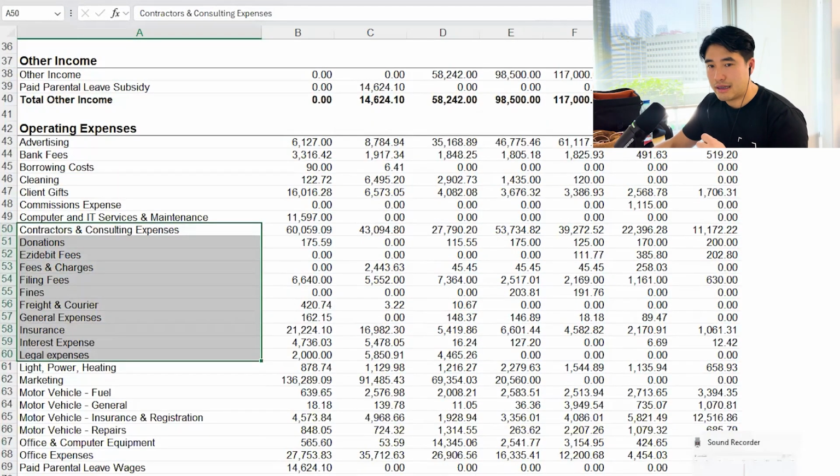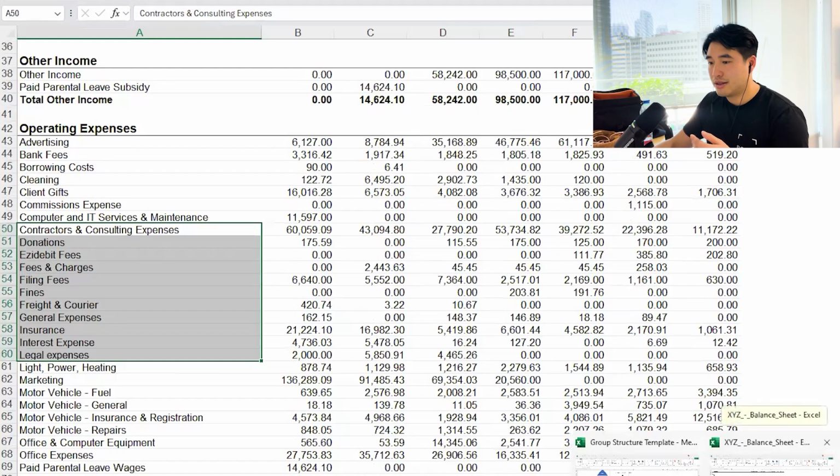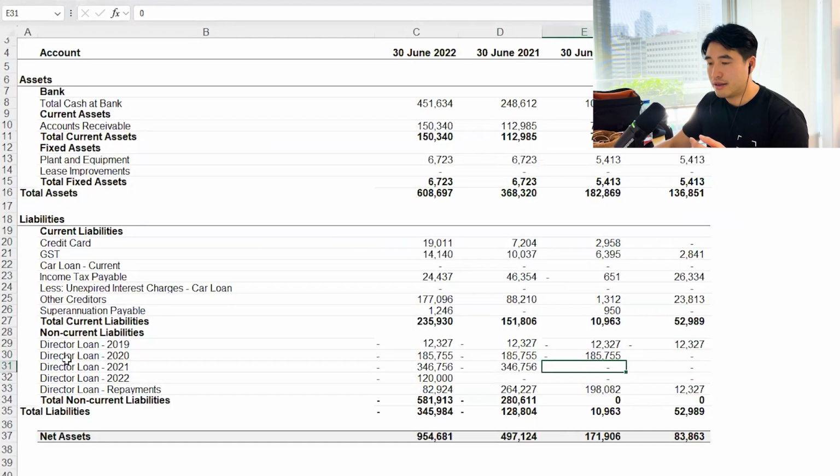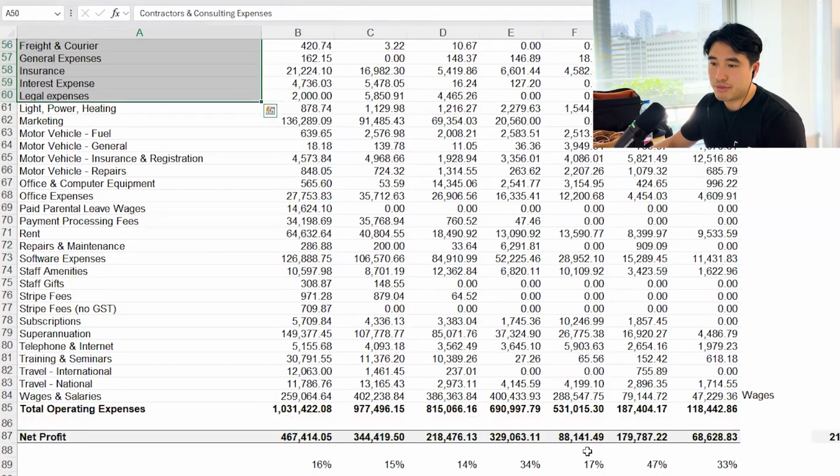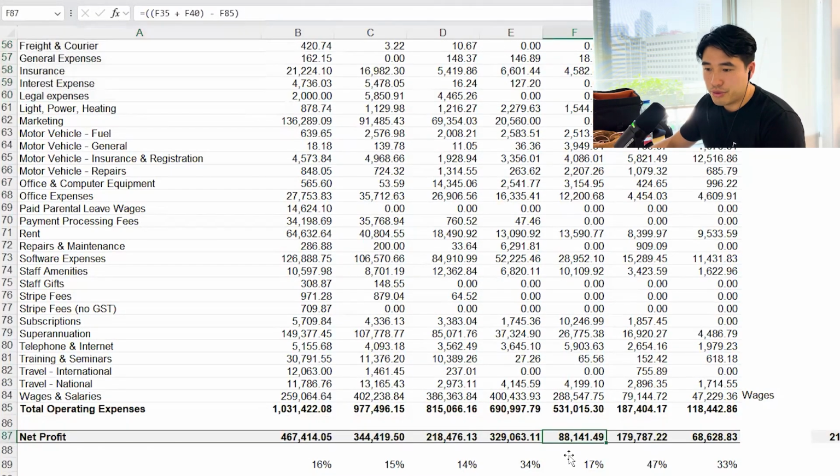So there's no expense account called loan repayments. The account that gets created is an asset account called direct loan, so it never actually hits your P&L. I don't think I need to go into that detail, but the quick answer is that it basically doesn't help you with reducing the